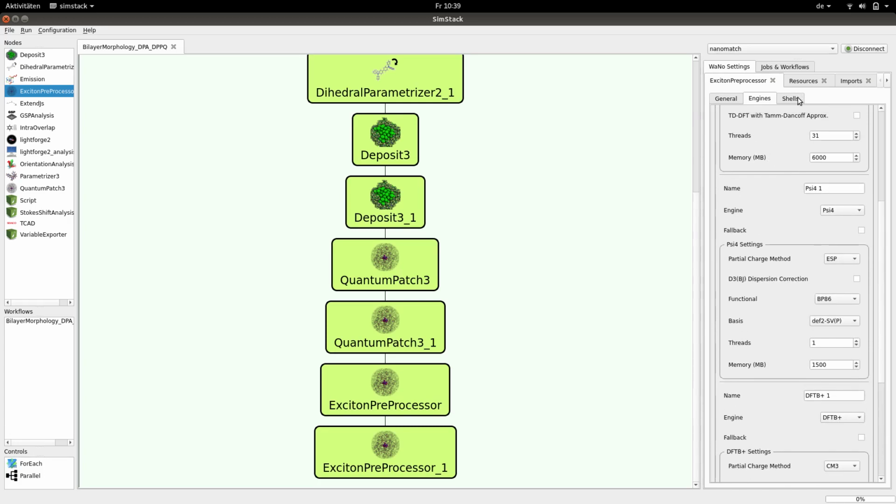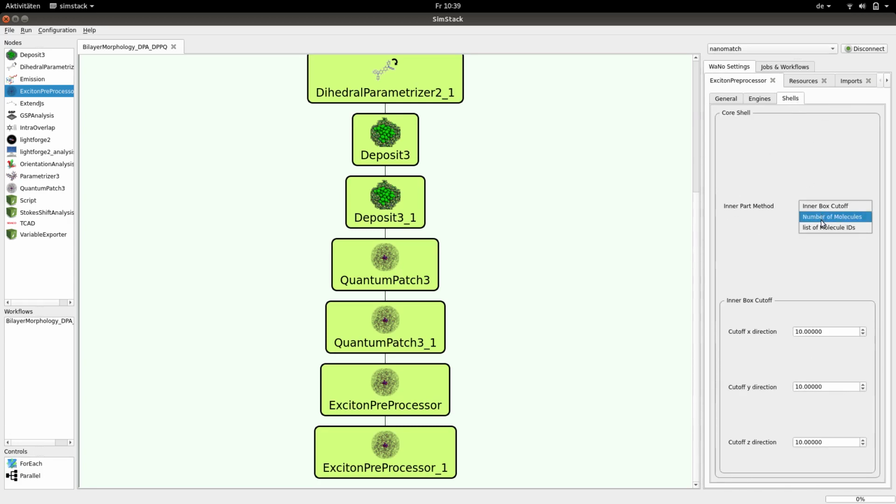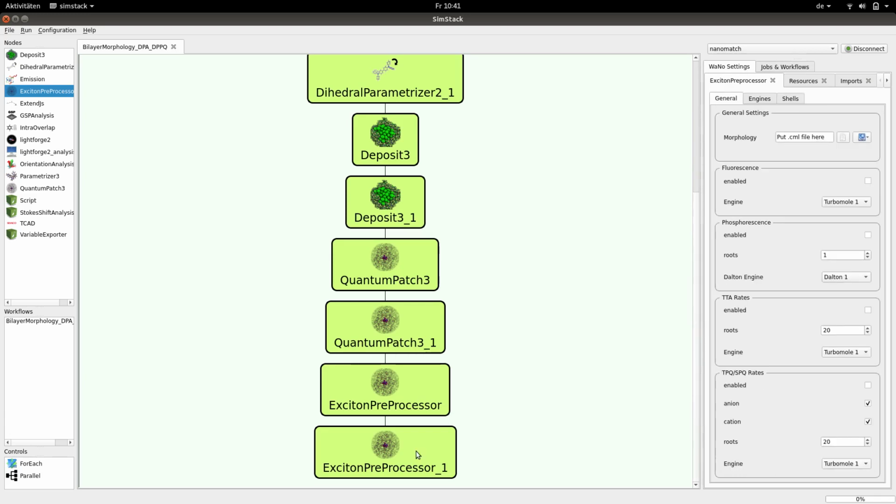All right, so now for the shells, we set list of molecule IDs and simply type A0, which means that it will take the first molecule of the single molecule file that we provided. We need to set the same settings for the second Exciton preprocessor module, but instead of the parameterizer 3 molecule PDB, we choose the output of the second parameterizer module, so we run the computation on the second molecule. Again, enable all these options